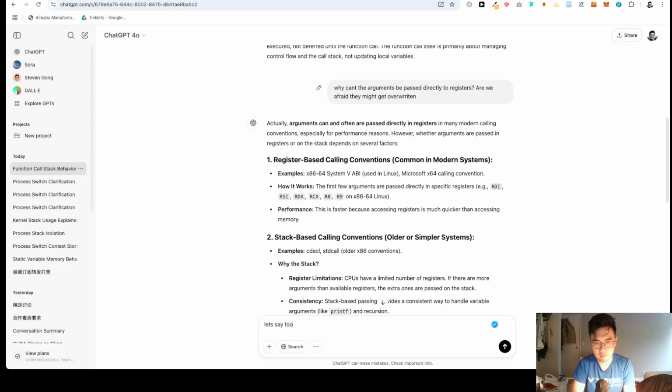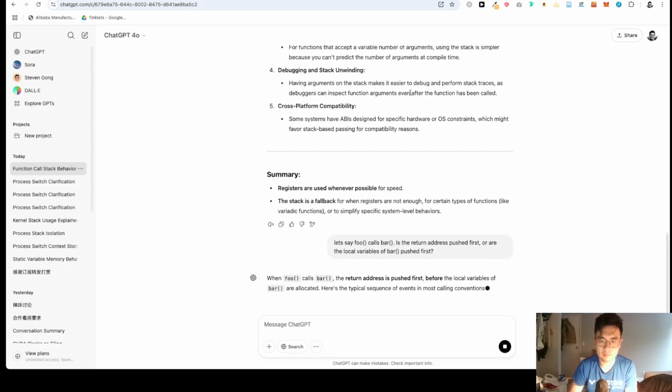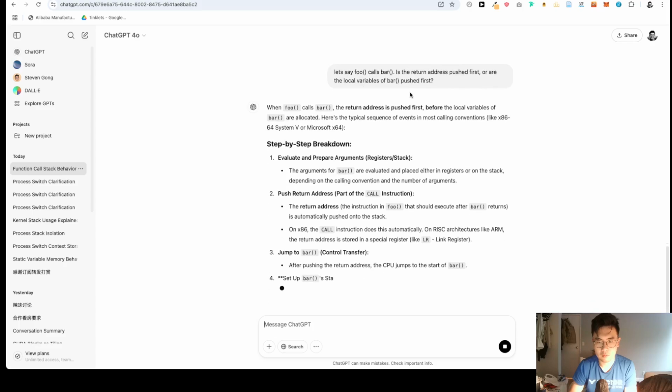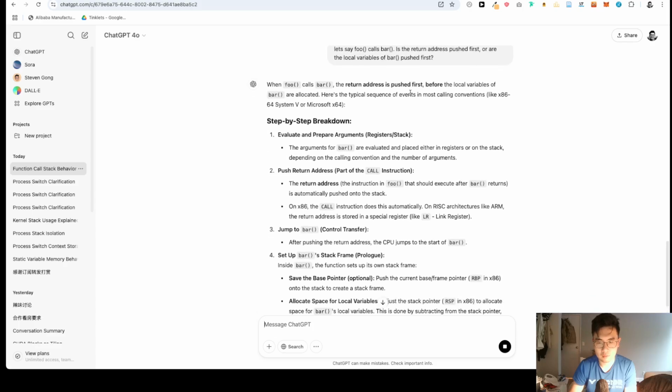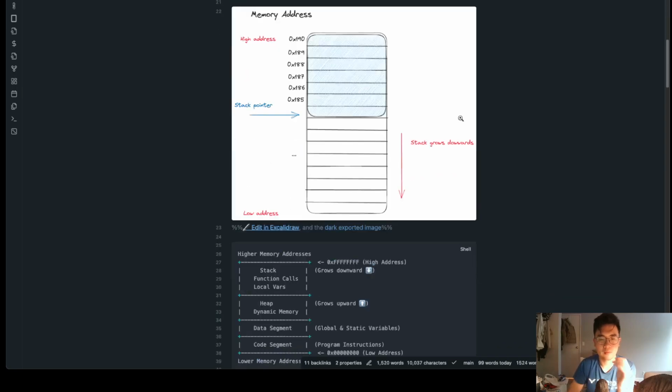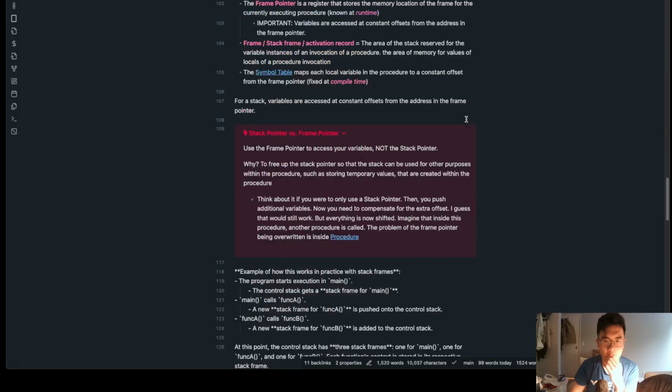Let's say right before, is the return address pushed first, or are the local variables pushed? See, in my class, stack frame,